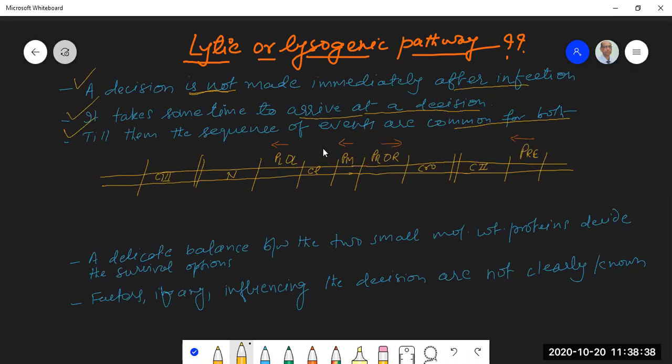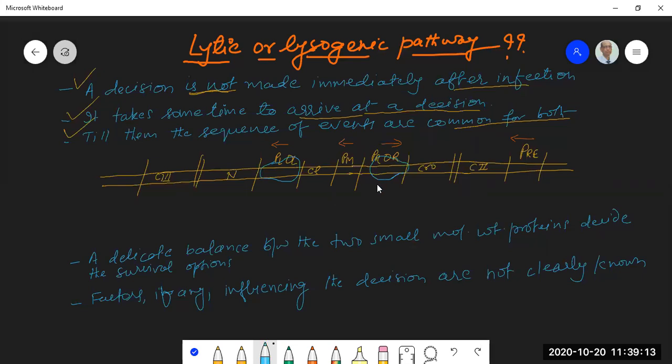All right. So what is the sequence of events immediately after the phage has infected the bacterium? Please understand carefully, and if you want, you can write down. I will speak slowly. What happens immediately after infection? The host RNA polymerase will bind to these promoters, the promoter on the right hand side and the promoter on the left hand side. This is the sequence of events I am talking about.